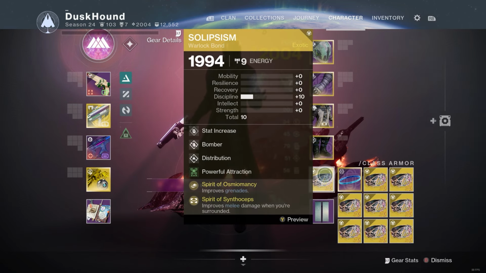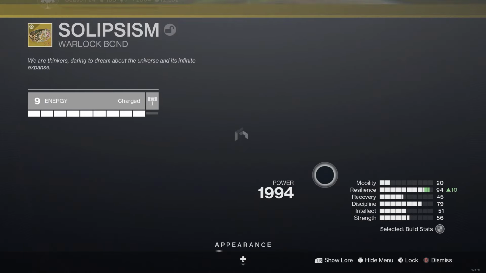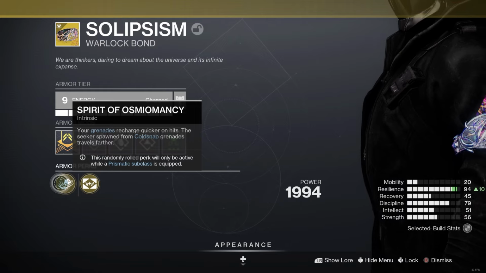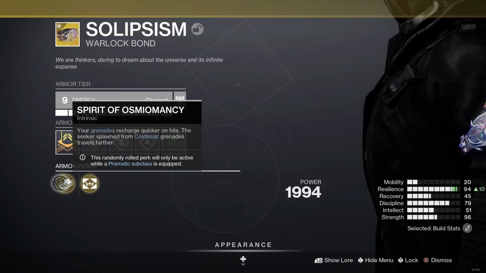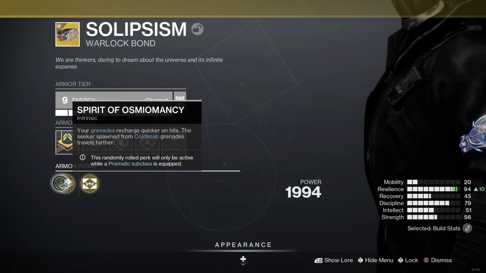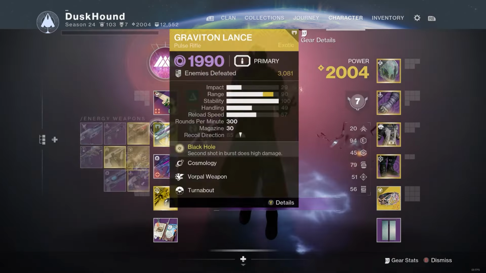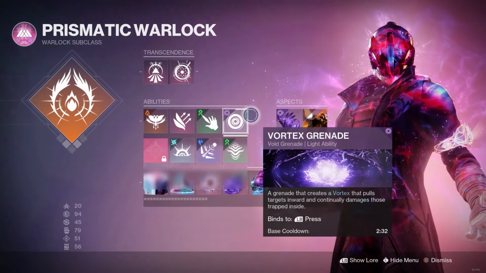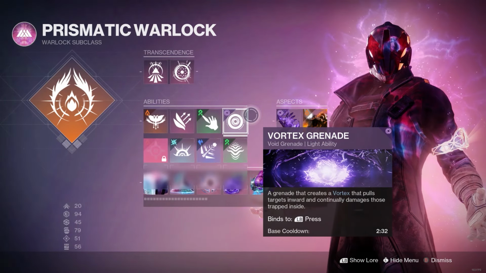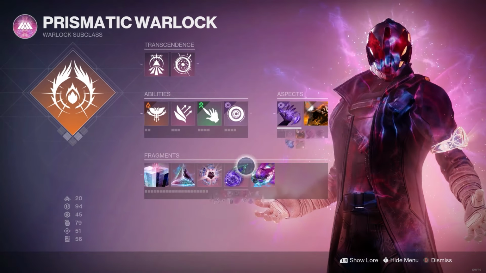And the only really essential thing for this build is Spirit of Osmiomancy, which improves nades. But what the hell does that mean? Your grenades recharge quicker on hits. Note that that part does not say that it has to be cold snaps, but it does work good with cold snaps. However, I am opting to use Vortex Grenade, which of course does multiple hits,